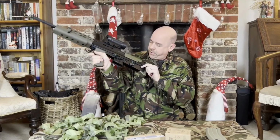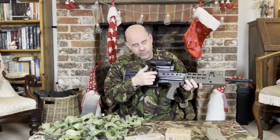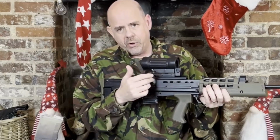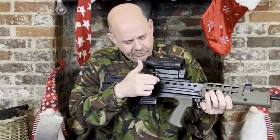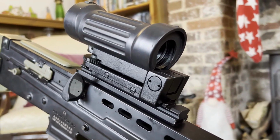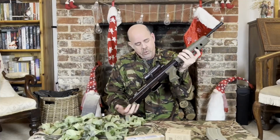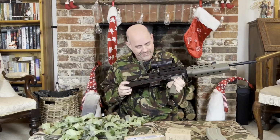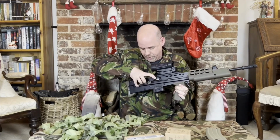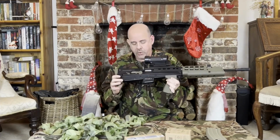If you're familiar with the gun, you know this is the A2 because it's got the cocking handle. On the A1 it's just a bolt. With this one it's got a larger handle. This is a deflector for when the extractor throws the bullets out, to take it away from you. It does lock back. Sorry if I'm uncomfortable with this. I'm pushing this up. You can lock back,